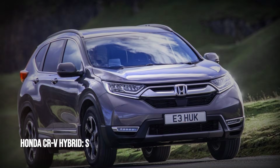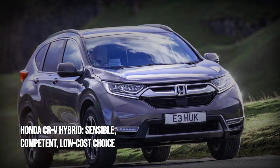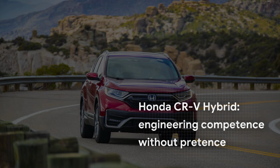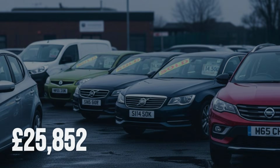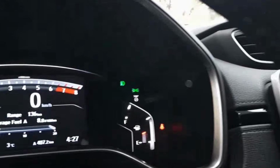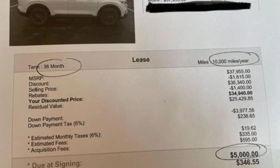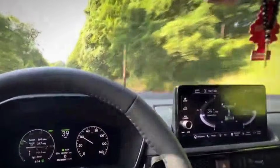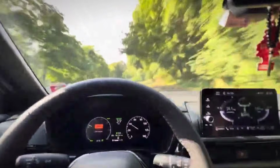Number 4. The Honda CR-V Hybrid, the sensible choice that remains sensible. The Honda CR-V Hybrid represents engineering competence without pretense. Used examples cost between £19,000 and £26,000. Honda's reliability is documented. Running costs are low, insurance is economical, repair costs remain modest. Driving a Honda CR-V Hybrid at 56 suggests you understand